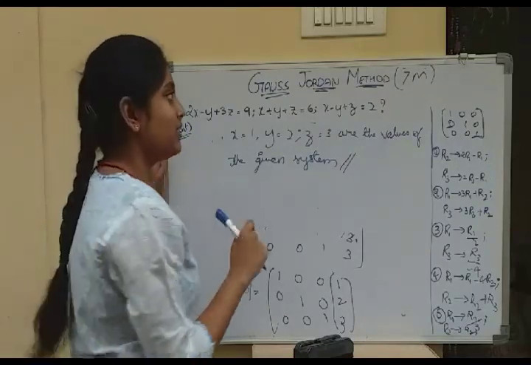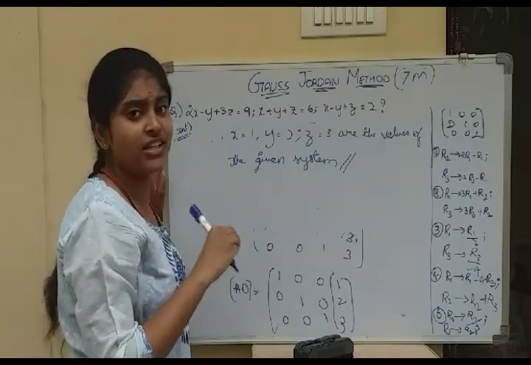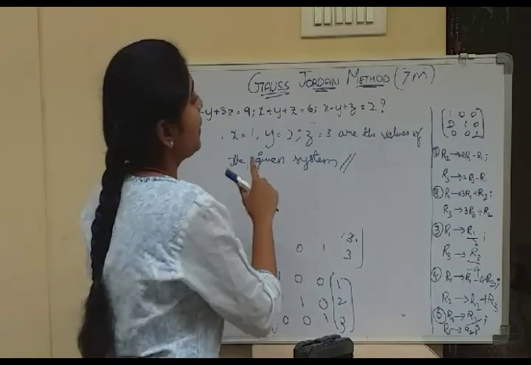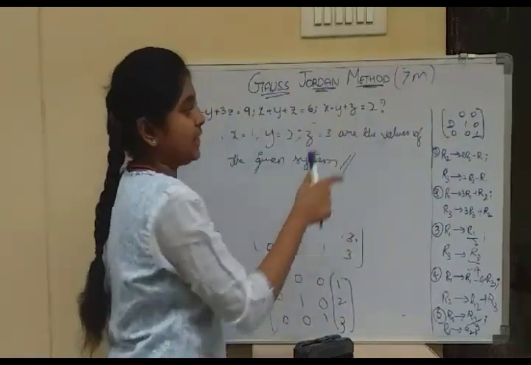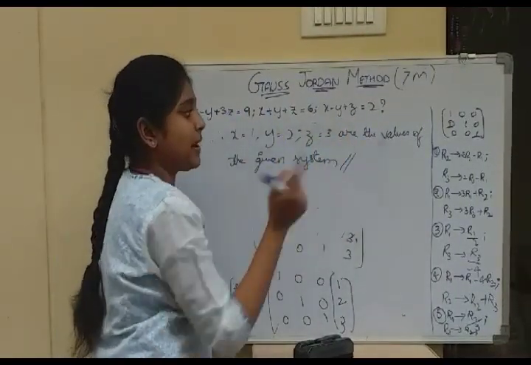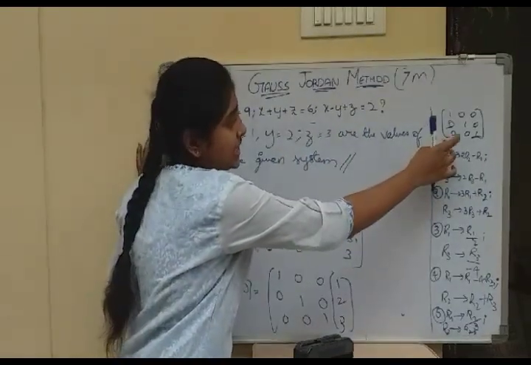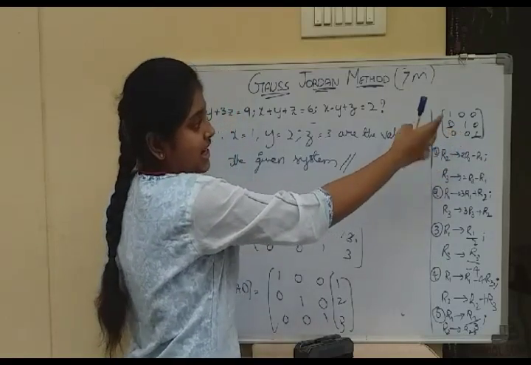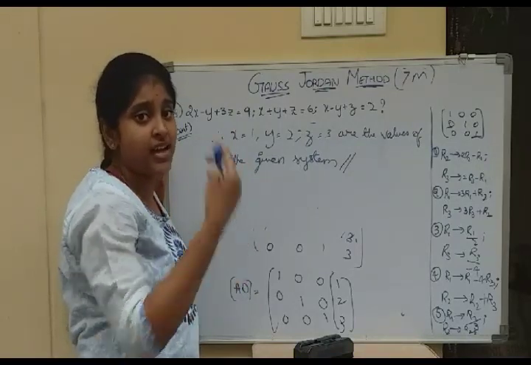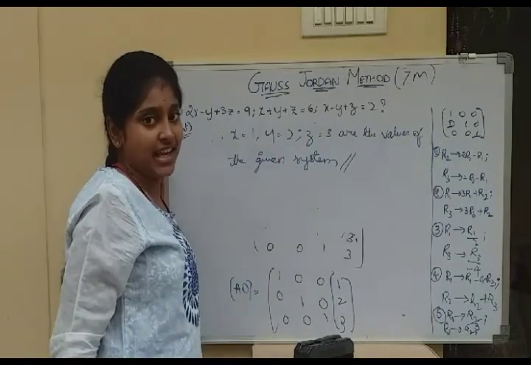Okay, this method is very important, it contains 7 marks. It has repeated several times in the IPE. So don't get confused. First we need to analyze the equations. We need to get it into a matrix, and the constant matrix we need to write all the constants in one matrix, and we need to apply row and column operations, and change it into the identity matrix, that is 1 0 0, 0 1 0, 0 0 1 format, and finally separate the D matrix. We will get the values of x, y and z.